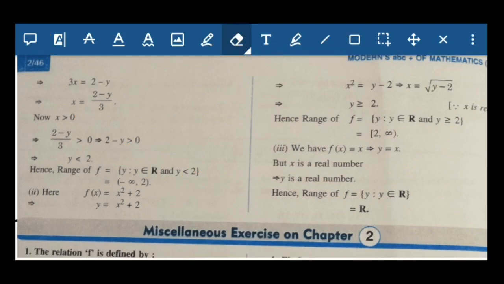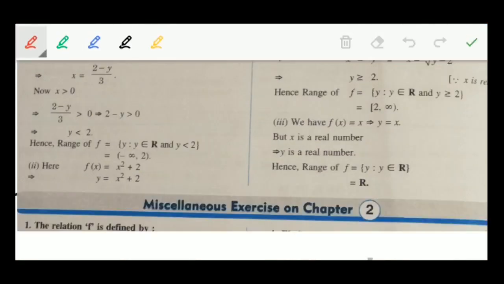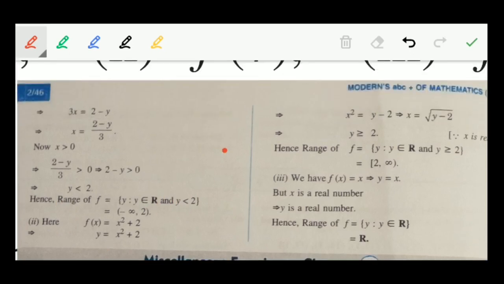See the second part. In the second part you can see the value of f(x) is x square plus 2, and again in place of f(x) you will write y. So y is equal to x square plus 2. From here you will find the value of x square, which is equal to y minus 2, and from there you will get x equal to under root y minus 2, and we know that